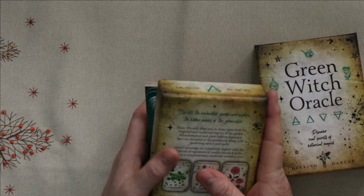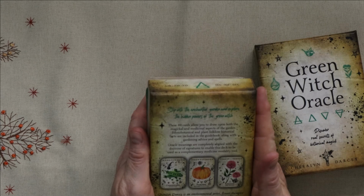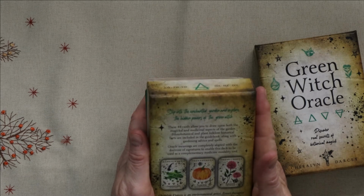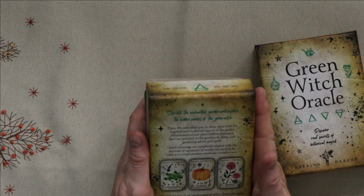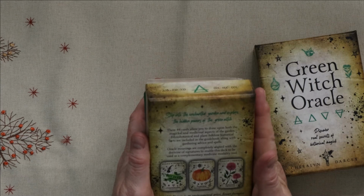So here it says, these 44 cards allow you to draw upon both the magical and medicinal aspects of the garden. Ethnobotanical and plant folklore, historical facts are included in the guidebook, along with gardening advice and spells. Oracle meanings are completely aligned with the doctrine of signatures to enable this deck to be used as a complementary